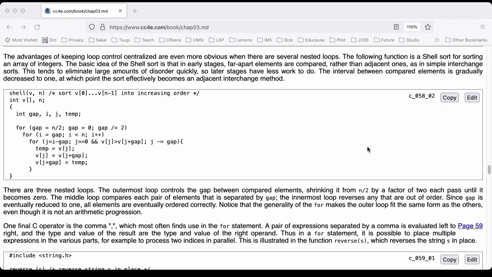shell(v, n) int v[], n; { int gap, i, j, temp; for (gap = n/2; gap > 0; gap /= 2) for (i = gap; i < n; i++)